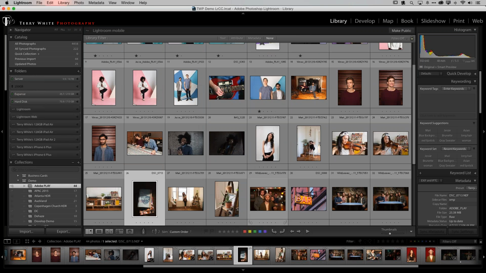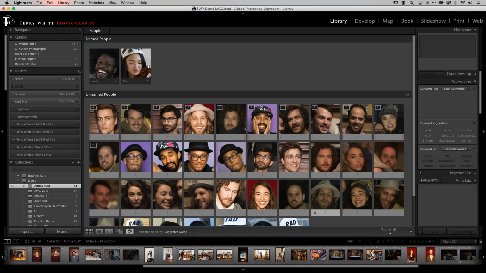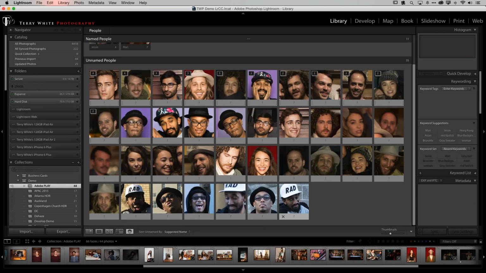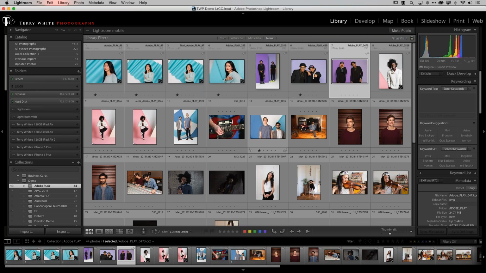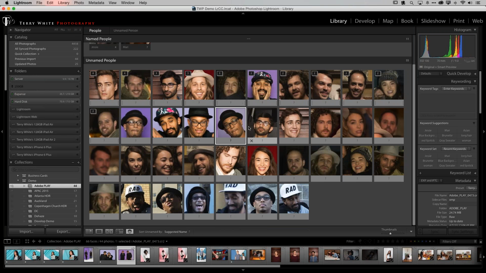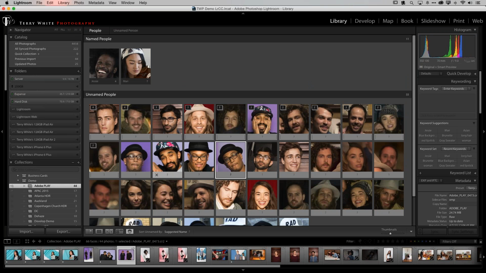So now if we go back and look at the people view, those pictures have been eliminated because I got rid of the people regions. And again, even if there are pictures with multiple people in it, it will put a face region on both faces. So once you identify that face, even if it's in a picture with multiple faces, it will handle it for you. All right, next up,